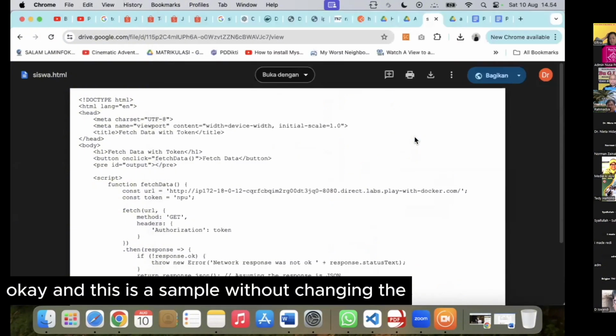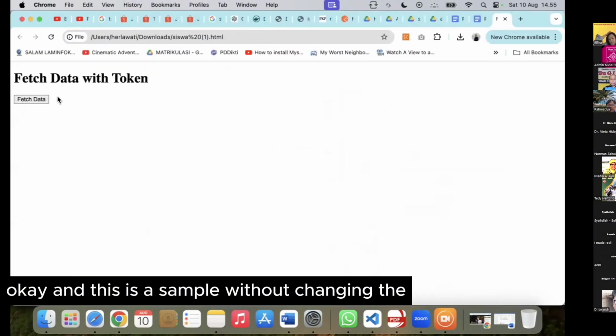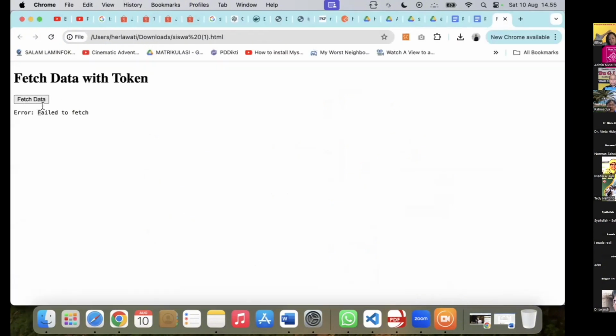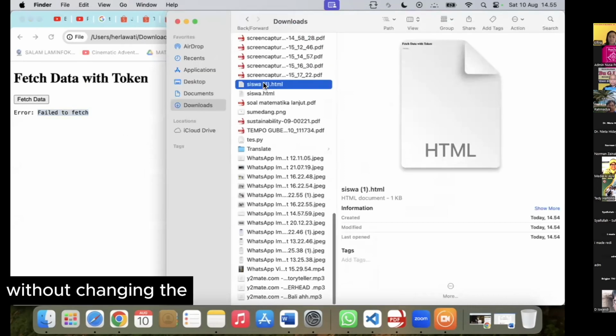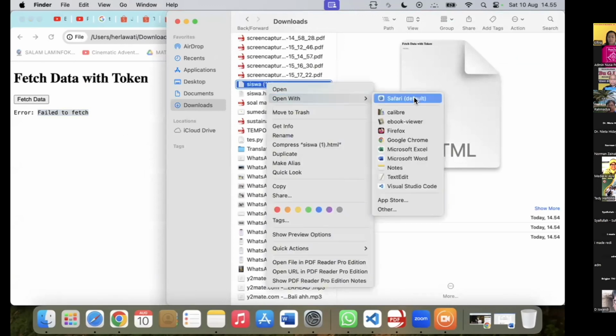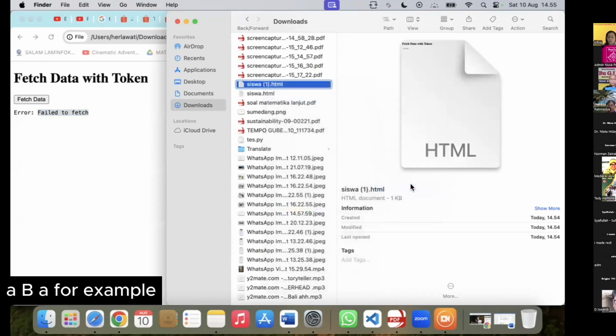Okay, this is a sample changing the file to page, without changing the API.